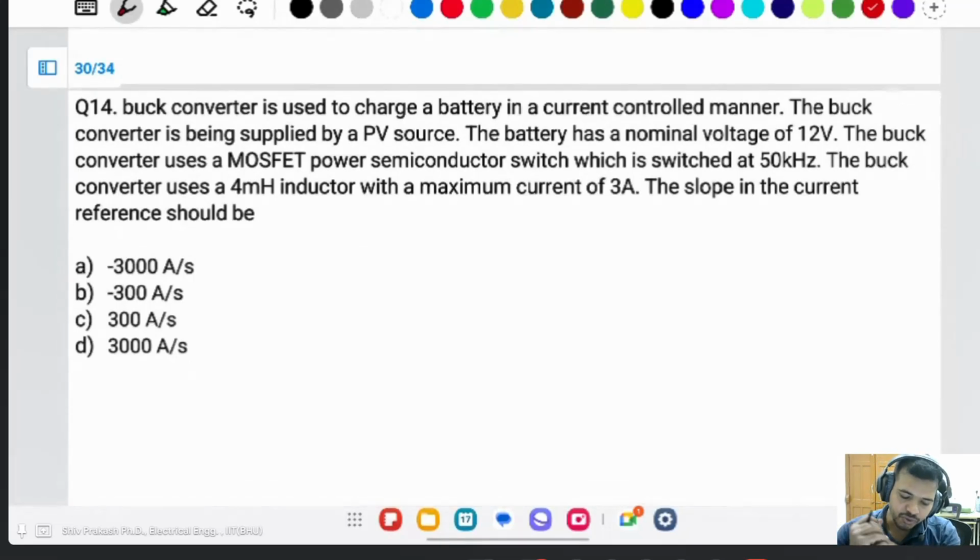A buck converter is used to charge a battery in a current controlled manner. The buck converter is being supplied by the PV source. The battery has a nominal voltage of 12 volt. The buck converter uses a MOSFET power semiconductor switch which is switched at 50 kHz, and a 4 millihenry inductor with a maximum current of 3 ampere. The slope of the current reference should be